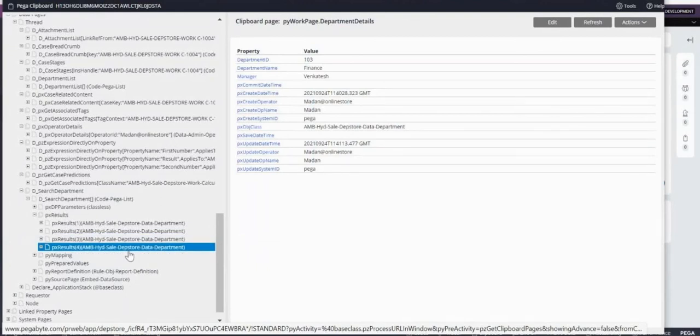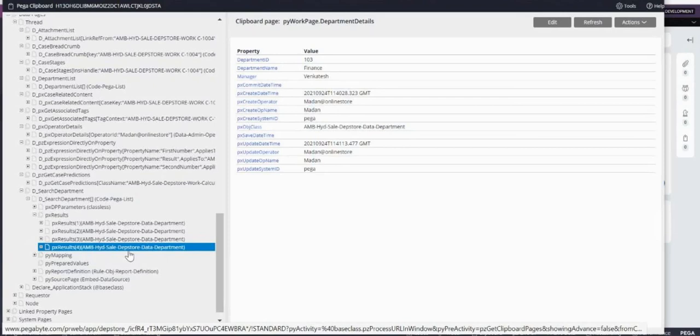So what is the difference between a parameterized data page and a keyed data page? In a parameterized data page, if you change the parameter, your data page will go and hit the database and retrieve the result.